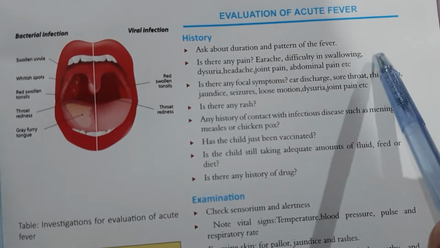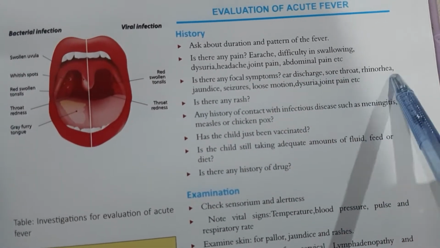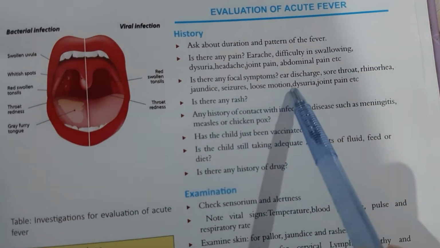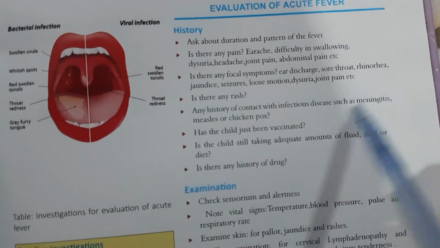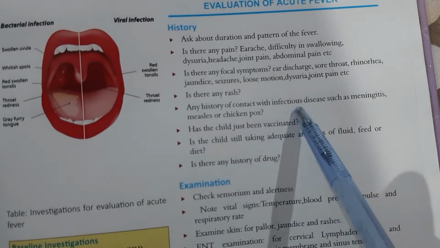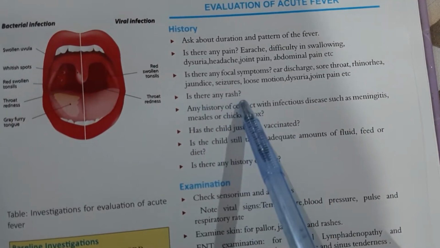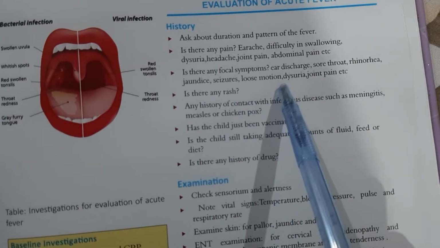infectious focus. Is there any focal symptoms like ear discharge, sore throat, rhinorrhea, jaundice, seizure, loose motion, dysuria, and joint pain? And is there any rash? Any history of contact with infectious diseases such as meningitis, measles, or chickenpox? Rash indicates a viral infection, and